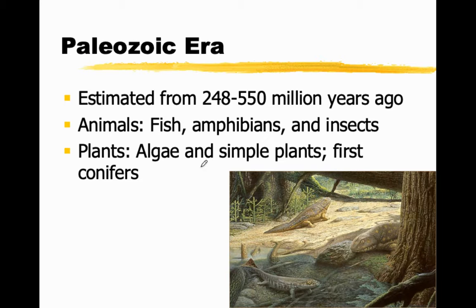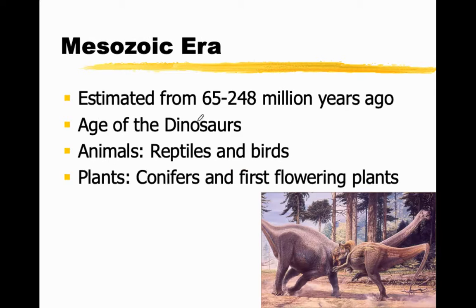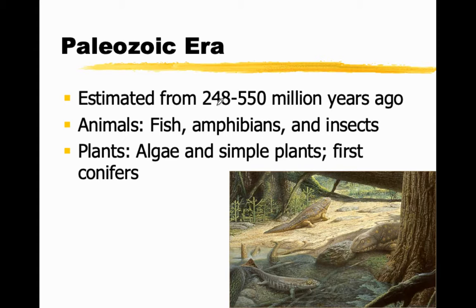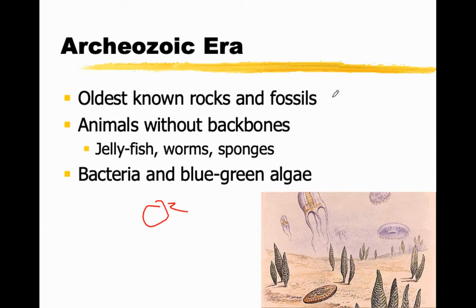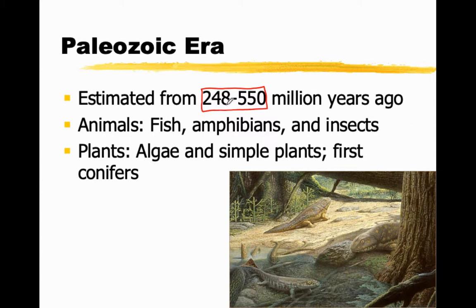Now when we get into the Paleozoic era, it's estimated from 248 million to 550 million years ago. Now, that seems like a long time. But when we estimate the actual relative age of the Earth, we're looking somewhere over 4 billion. That's with a B. So from 4 billion years up to 248 to 550 million years ago, so half a billion,